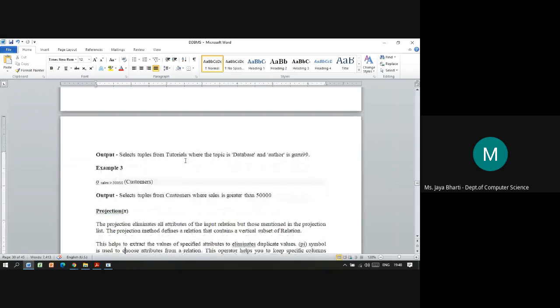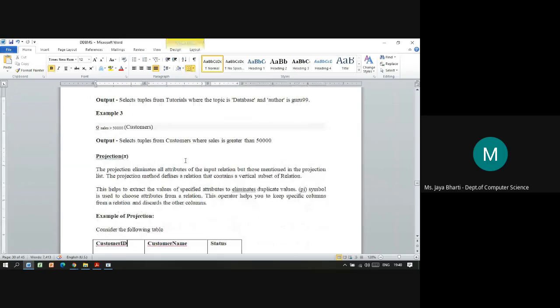Similarly, the third example, sigma where sales greater than 50,000 on relation customer. Now this query will give the output: select tuples from customer where sales is greater than 50,000. Understood?